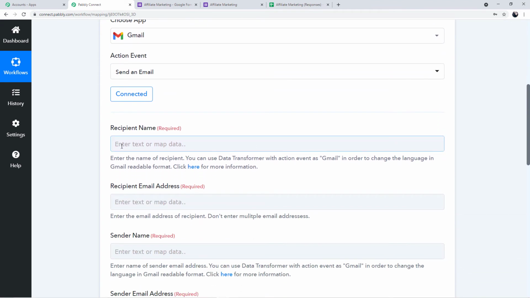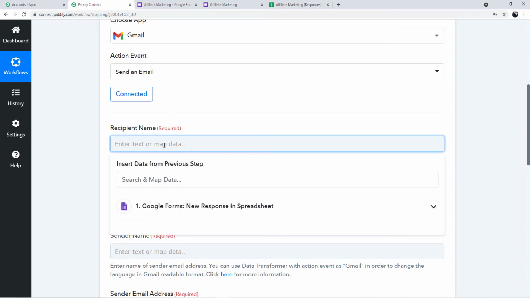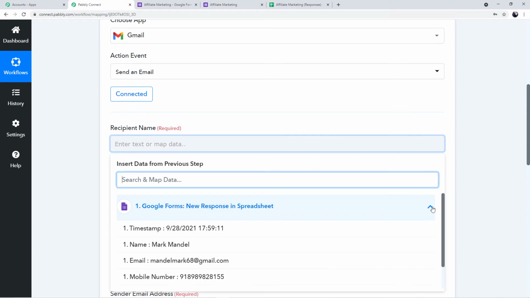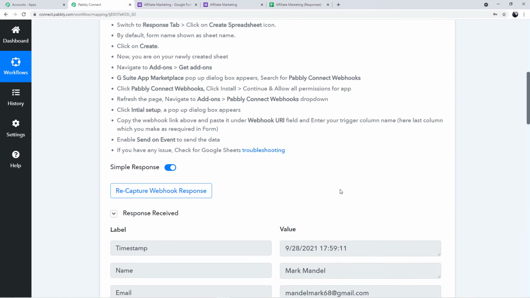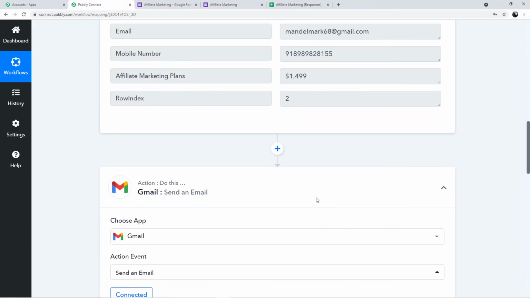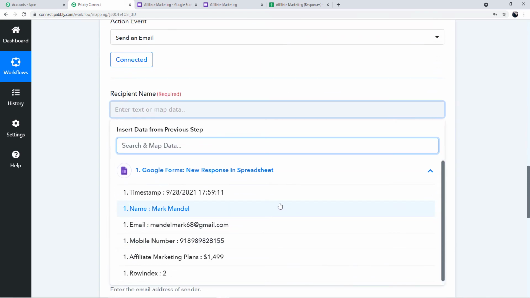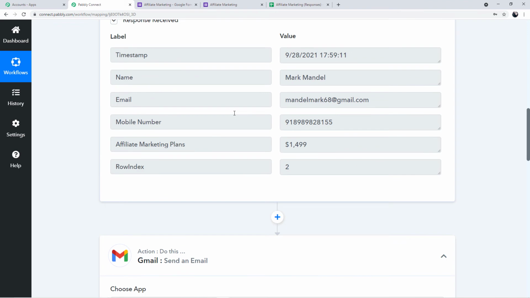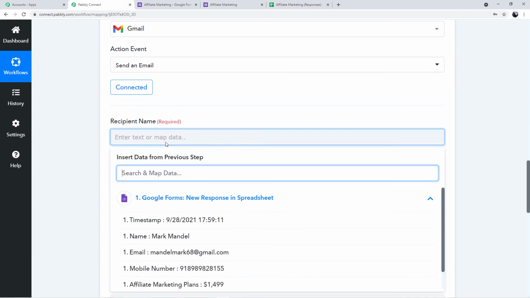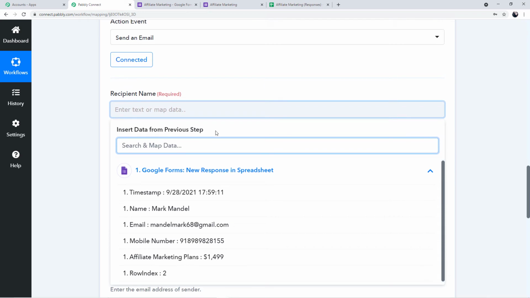Now we have to map the data in the required field. But before that, let me tell you what is mapping data. If you click in the search field, you can see a scroll down. Click this arrow and you can see the responses. The same responses which we have captured above in Pabbly Connect, you can see the client's data. The same data can be seen here in the scroll down. Now why is this option of mapping data given to you? Because whenever you want to fill the required field, you have to first go up and search for the particular data, then copy it, come down and paste it here. This process is long, and we can simply map the data by searching in the scroll down.